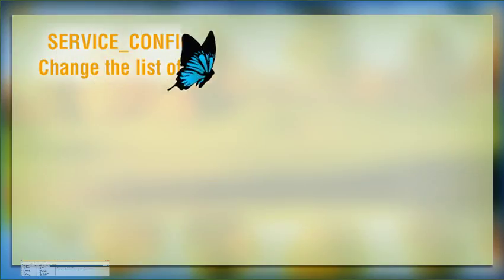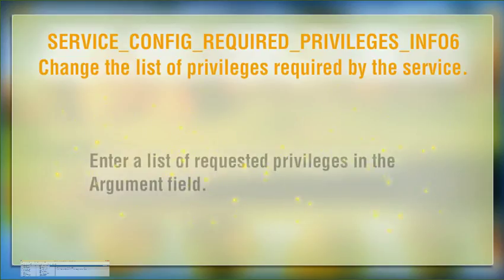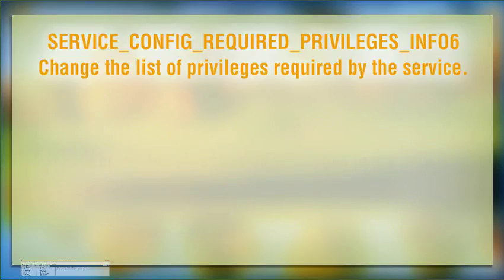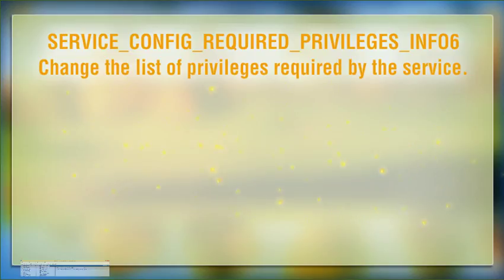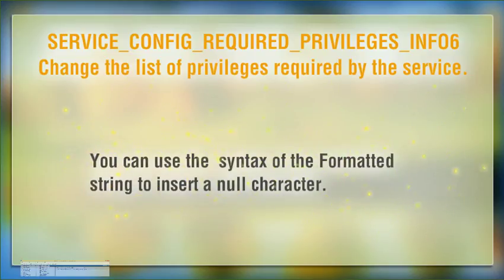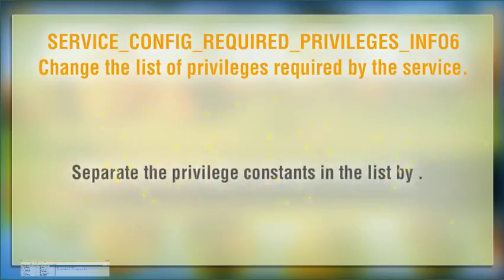Service config required privileges. INF06. Change the list of privileges required by the service. Enter a list of requested privileges in the argument field. The formatted string value in the argument field lists the privilege constants for the requested privileges. You can use the syntax of the formatted string to insert a null character. Separate the privilege constants in the list by